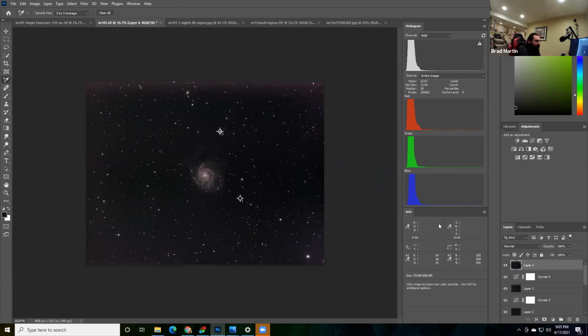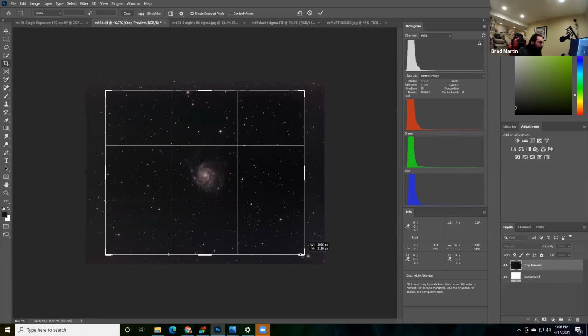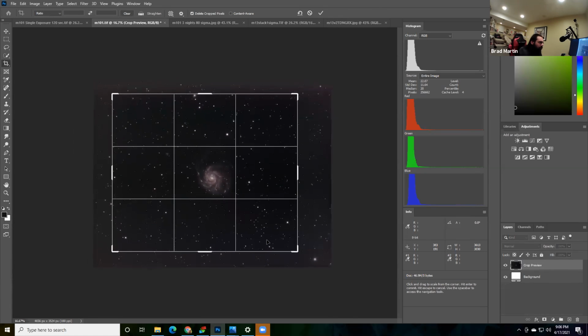This is also from 3 separate nights of data, so the differences in the way the telescope was pointed, it has been lined all up. And so around the edges tends to be a little bit messed up. So what you do is just crop out the parts that you don't want. So I'm going to go ahead and do that.